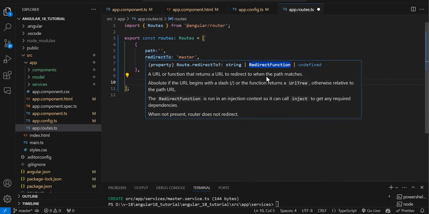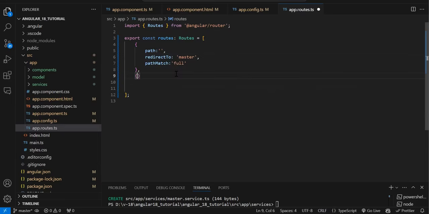HTTP client module is deprecated, and the second thing is in the redirect function. In redirectTo, we can write the function also. Now we have to create our route for master. Now we have to specify, once we have master in the URL, which component we need to